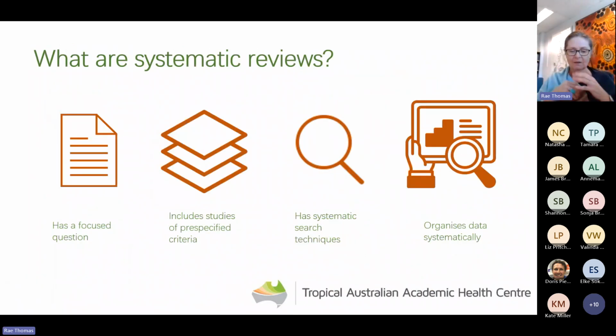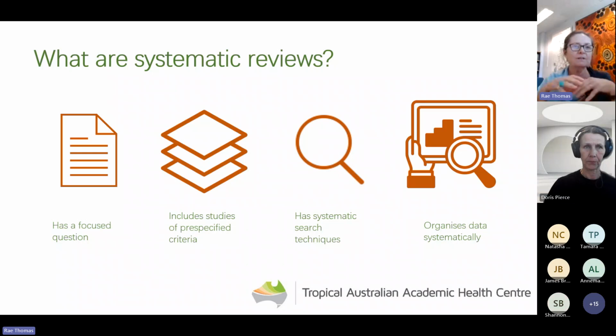All right. So let's get going about systematic reviews. Systematic reviews are the highest level of evidence in health research. Okay. And they follow very, very specific rules. They ask very focused research questions, right? They include studies that are pre-specified in their criteria. We know what we want to include when we're asking these research questions. There are quite systematic and particular rules about the searching techniques that you would use when you're doing a systematic review. And there are ways that you want to synthesize and organize the data from your systematic review.